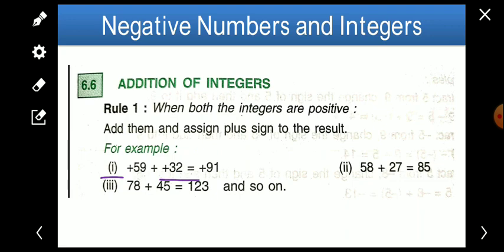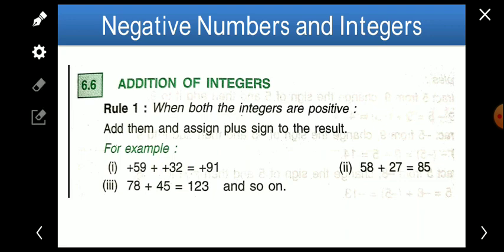Actually here we should give the bracket because two signs cannot come together. So the plus signs were written together. If two signs are coming together, then we'll put the bracket. So we'll separate them using the bracket.